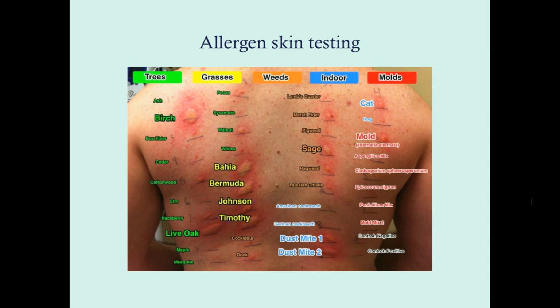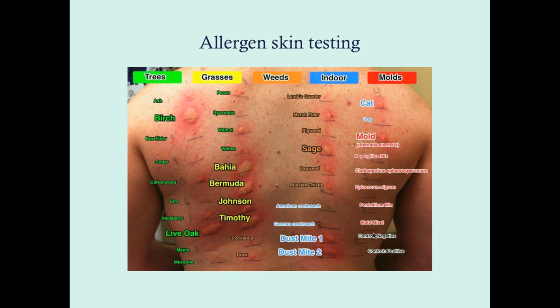Here you can see that there were like 50 things being tested all at the same time. You see some of these have severe reactions, others not so much. So this patient is clearly allergic to birch, other various trees and grasses, and very clearly allergic to dust mite, and